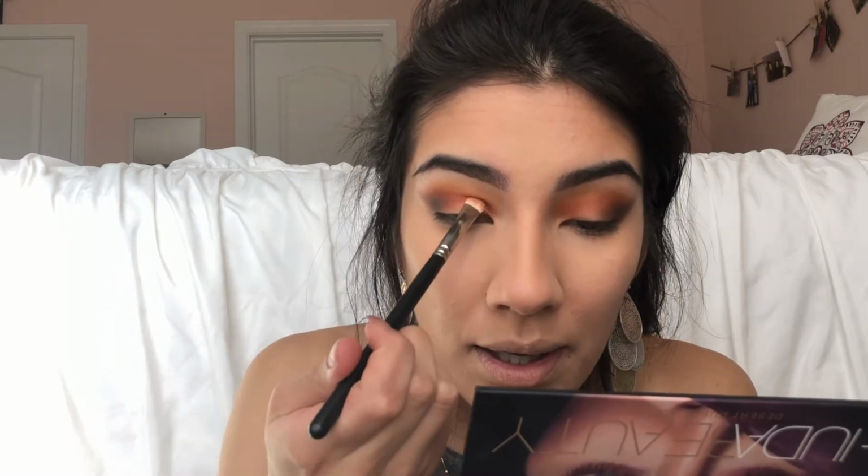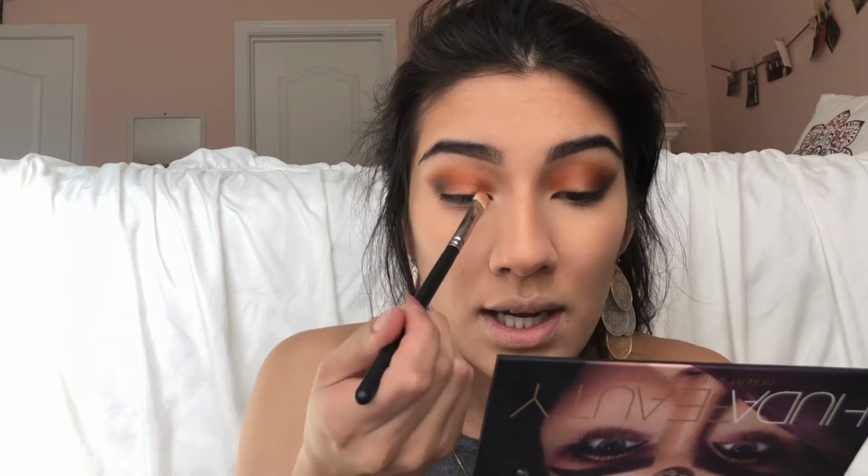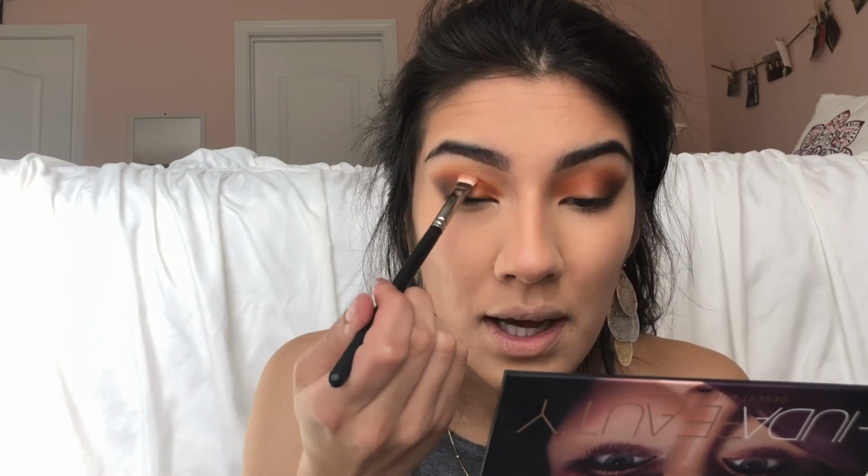I'm just cutting my crease, and what cutting your crease means pretty much is just putting this shade on the first half of your eyelid. I'm going to grab the Stila liquid glitter stuff. Ooh, I have that. Okay, so he has his Stila Glitter and Glow Liquid Eyeshadow. He's using the shade Rose Gold, and I don't have that shade, but the closest one I have is Kitten